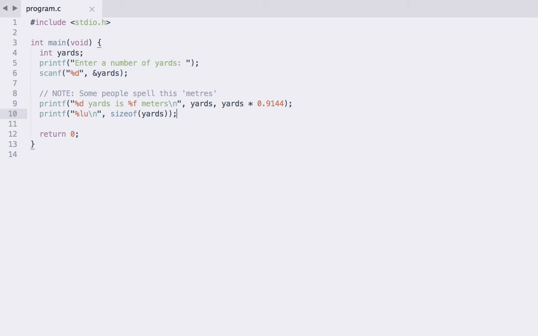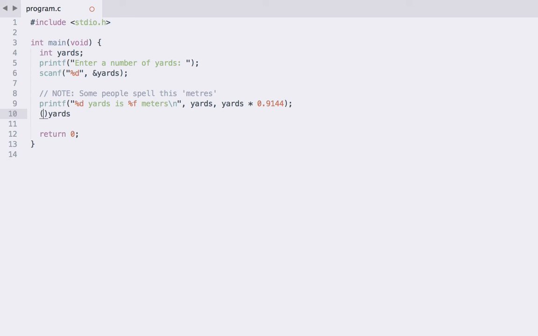Okay, and the last thing I'm going to talk about in this video, I'm sorry it is a bit of a bitty video, but there are just a few different things I wanted to cover, is casting. Now, casting in C is essentially converting one type to another type. And this is actually very useful and something we're going to be using in future. So the cast operator is defined in section 6.5.4 of C99, and essentially has the syntax that if you want to convert, say, the variable yards to some other type, then before the variable you type in brackets the type you want to convert it to.